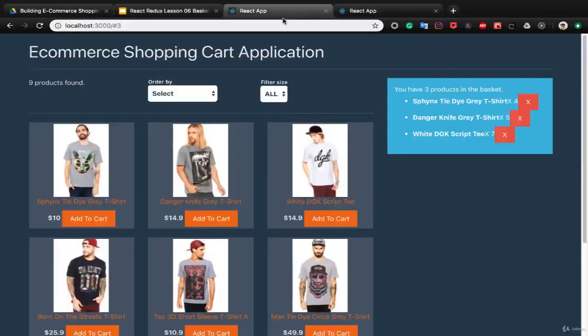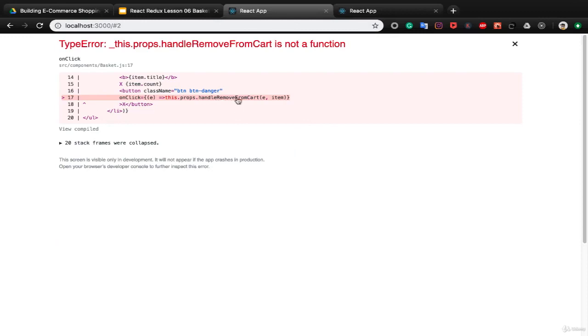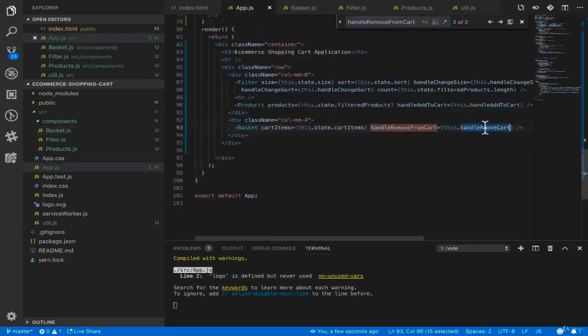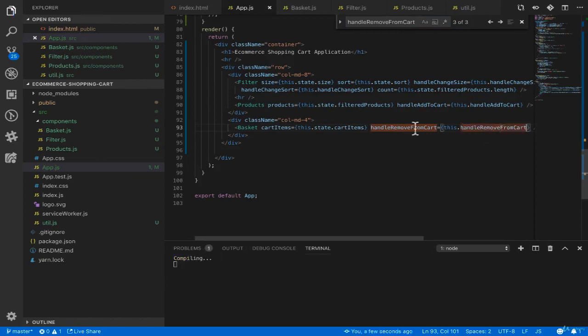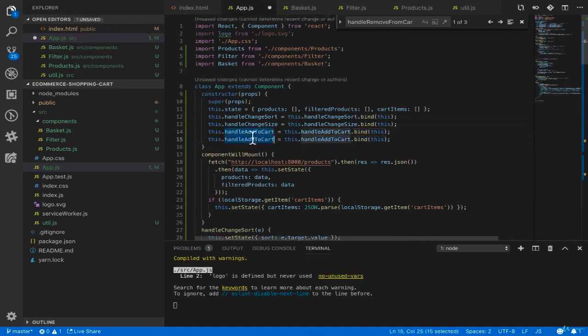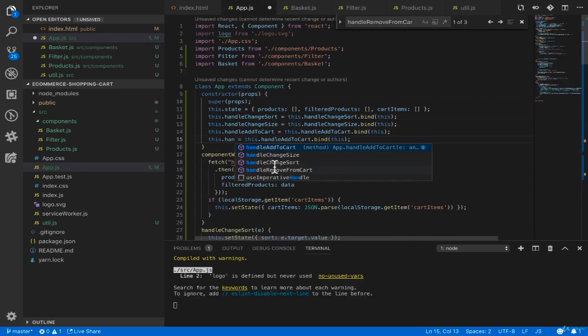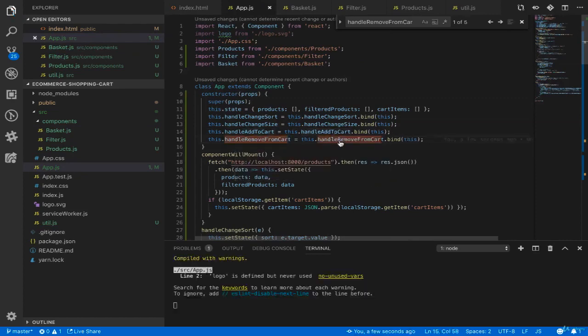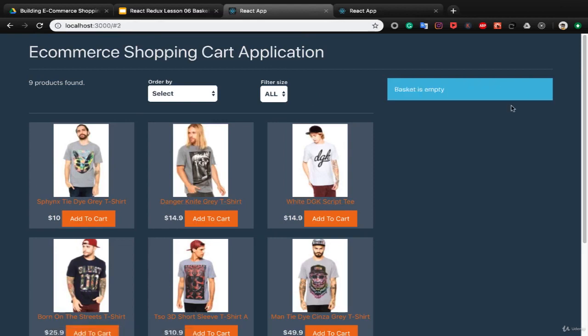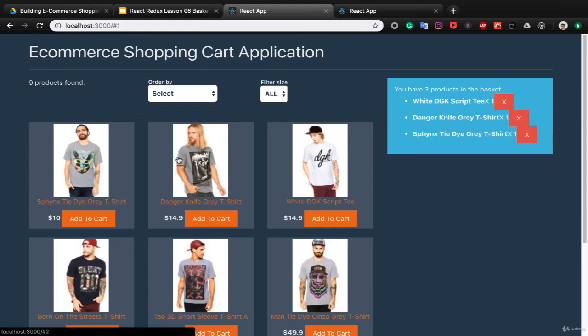Great. Let's check the result. Here, let's remove. handleRemoveFromCart is not a function. Let's go back to the basket, and inside here there is a typo error, and also we need to bind this for handleRemoveFromCart, and the handleRemoveFromCart is ready. Let's remove the item. You see it works, and the basket is empty, and if you click on items, you see items